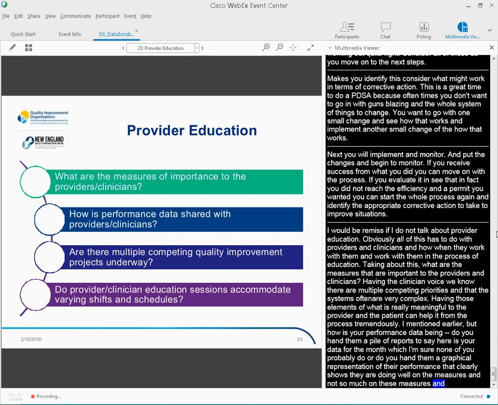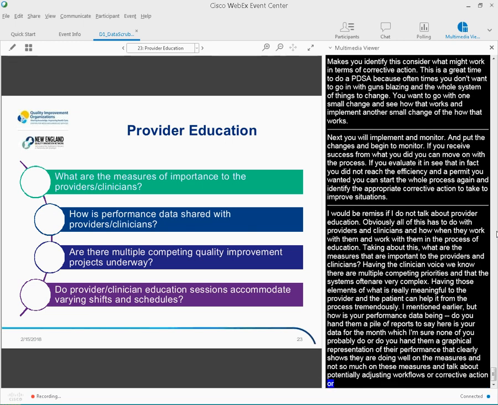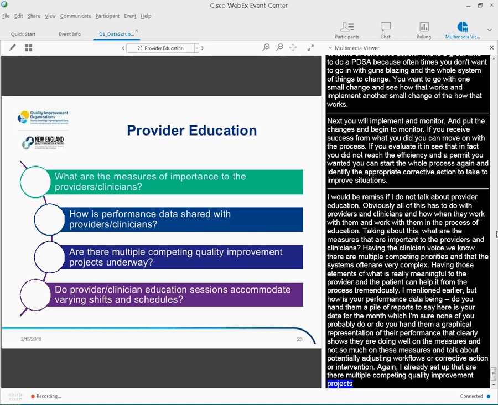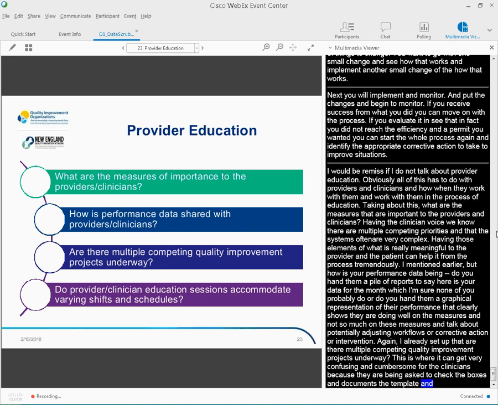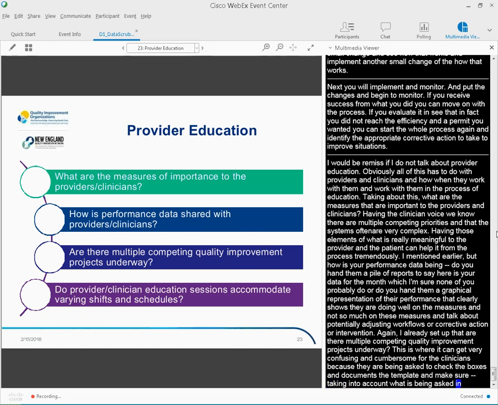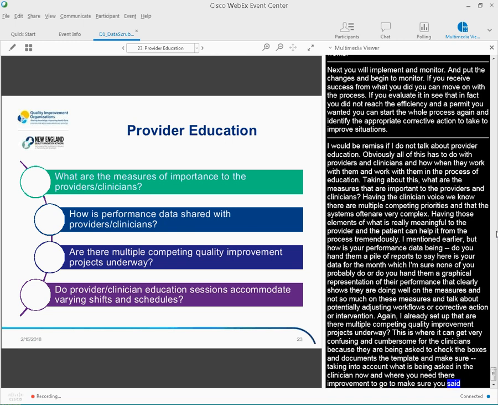Again, I already said it, but are there multiple competing quality improvement projects underway? This is where it can get very confusing and cumbersome for the clinicians because they're being asked to check 15 new boxes and document in a new note template and make sure the patients receive X, Y, and Z as handouts. So really take into account what's being asked of the clinician right now and where you need their improvement to go in order to see what you want to see on the quality data report. But it might be a simple thing just to say, hey, can you add this to whatever it might be,